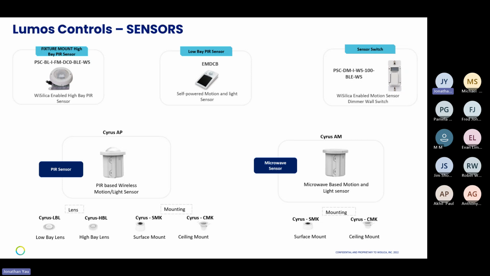We also have a variety of switches, like the PSC DMI, which is our sensor switch. It is a PIR motion sensor along with their typical switch. We have one that doesn't have the motion sensor on it, which is just the PSC DMWS 100, a 4-button version of this, where you can configure each button on the switch, and an 8-button switch as well,